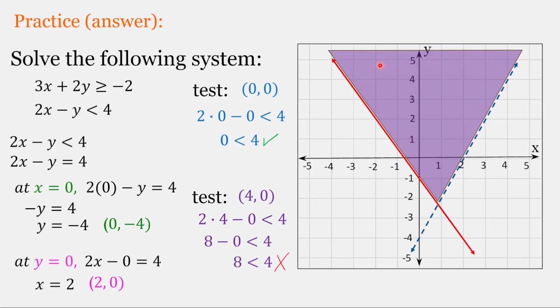So all of the ordered pairs in this purple region are solutions to this system of linear inequalities. Looking at the boundary line for the inequality 2x minus y less than 4, all of the points on that line are not included in the solution for the system. Looking at the point where the 2 lines intersect, again, it's on that boundary line, so it is also not